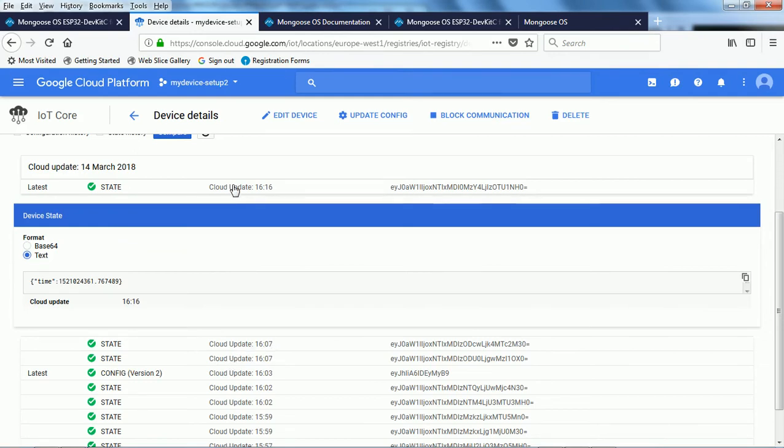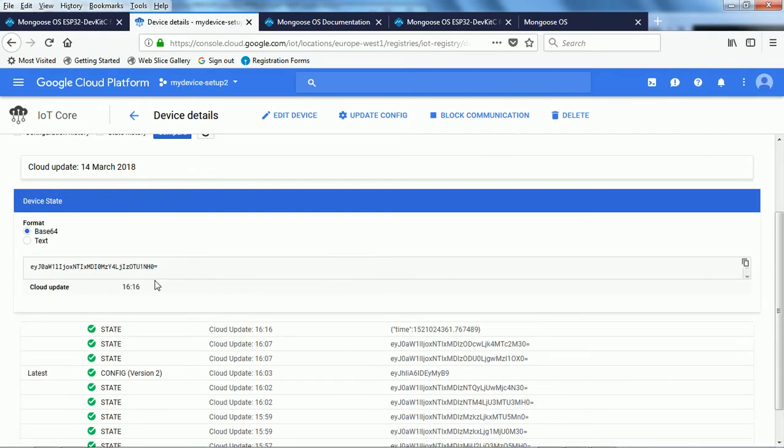So this is the time that is basically the cloud update. This particular thing is the update. This particular is information, a message which is related to the time. Okay.